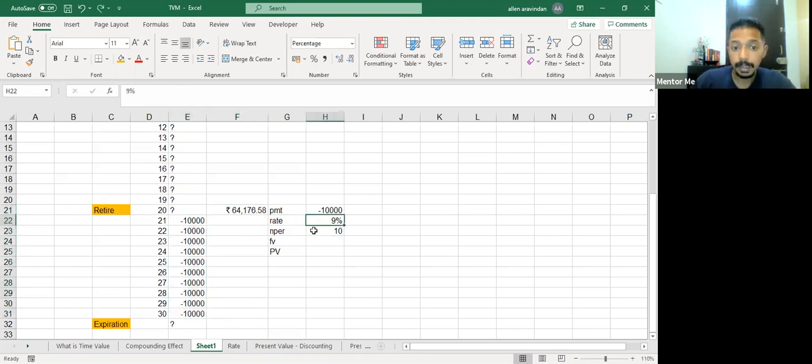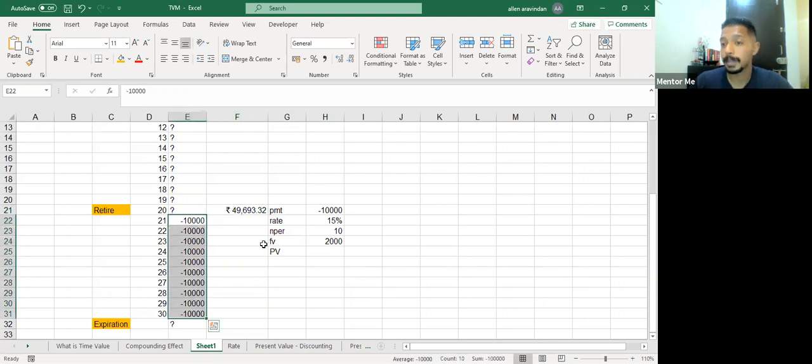Now, if the interest rate increases, let's say to 15%, then my value required is lesser. If I want to keep something at the end, let's say I want to keep 20,000 at the end, then my value required is lesser, because then this will get adjusted. Because if I want to keep something at the end, I would try to spend a little less.